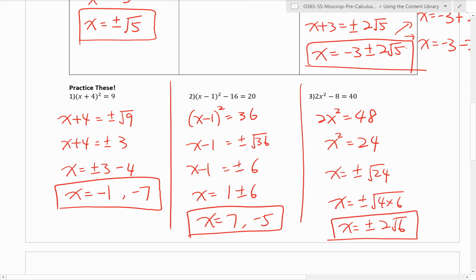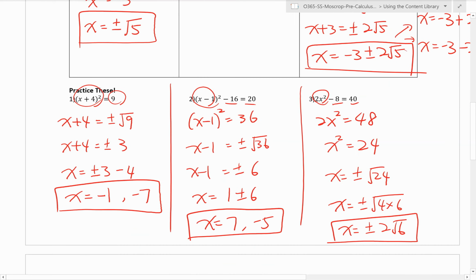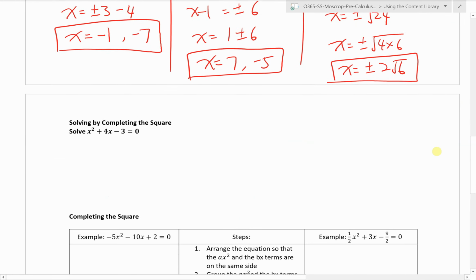Again, you do it this way if you have a square term and constants. You see, a square term and 2 constants right here. Square term, 2 constants. So this is useful if you have that kind of situation. It's actually not too bad, right? All right, now,